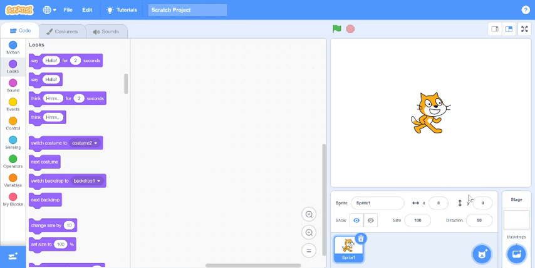So up here we have the properties for the sprite. We have the name of the sprite, we have the dimension, that's the x coordinate and the y coordinate. We have the direction, which direction the sprite is facing. Okay, we have the size, that's 100%, and we have the show, and this is the sprite itself. Okay, so let's go straight into